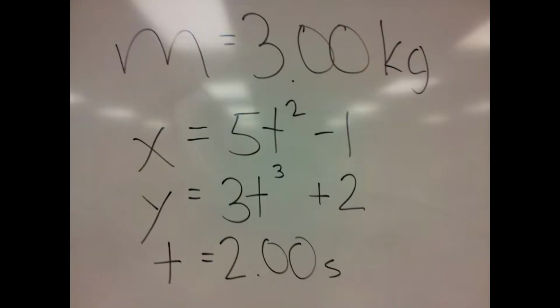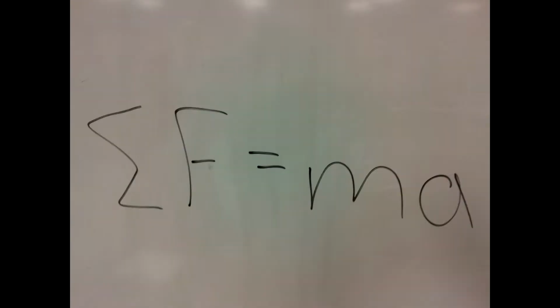We're given the object's mass to be 3 kilograms, as well as the object's position functions in both the x and y direction. We're also given t to be equal to 2 seconds. Since we're trying to find the net force on the object, we can use the equation force equals mass times